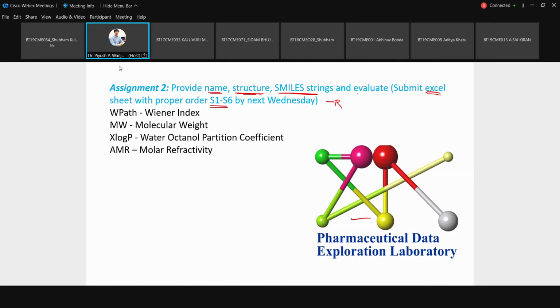And then you have to feed it into this software, whatever the PDB file. I think this software PaDEL takes the PDB file. So for all six compounds, you save the PDB file using OpenBabel or something, and then you feed it into the software, and the software will generate these molecular descriptors. Okay, so this is what you have to do. You have to write down the SMILES string also in your assignment, the Excel sheet, and whatever values you will be getting through the software, you have to put it